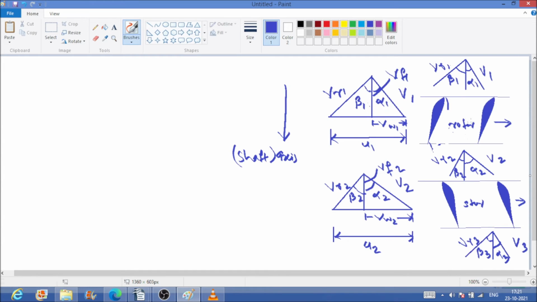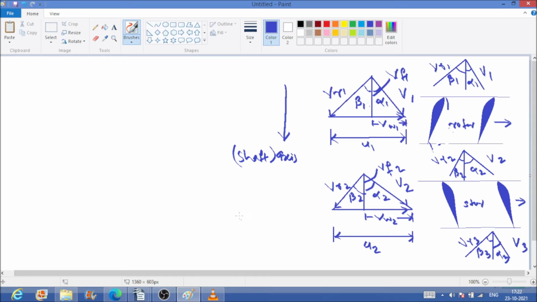Now this is from the top. I hope you understood that this is my axis or shaft in this direction, through the axial direction, and the flow is towards the axial direction only. So that is why it is called an axial flow compressor. See, this is my blade velocity u1 in this direction, and this is my vr1 in this direction, and this is my absolute velocity direction, like this. Here also vr2 in this direction, blade velocity in this direction, and absolute velocity in this direction.